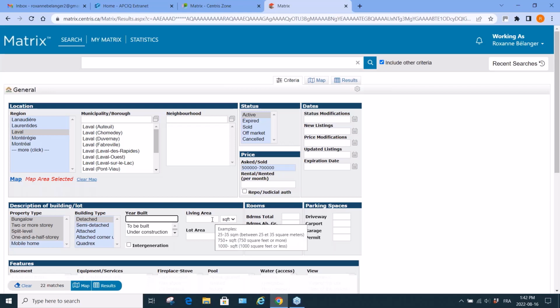You can choose living area, but be careful. If the broker did not put in the living area on their listing, the house will not pop up. So you have to be careful for all the fields you will add from now on. If the broker did not specify if there was a basement or not, if it was over 6 feet or not,